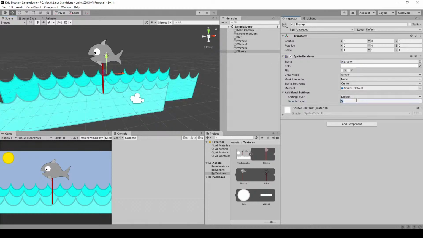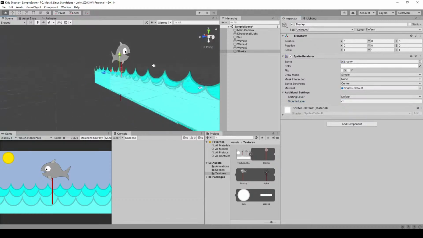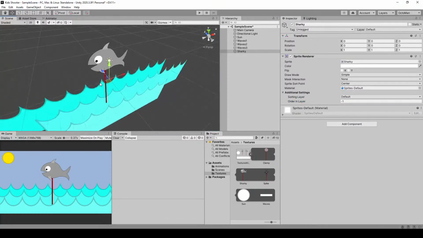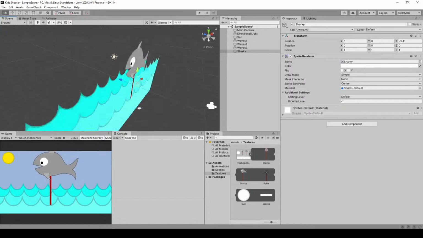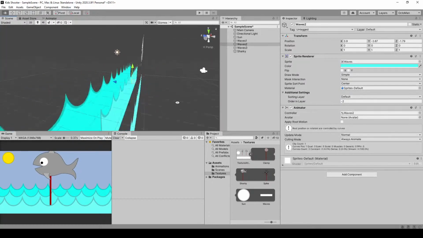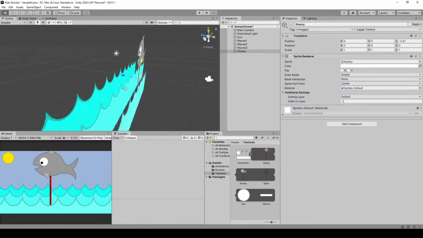So if he is at -1 in the render layer, no matter where I drag him next to the camera, he's rendered after the first wave, or at least at the same layer. If I give him a -2 in the order in layer, he should be rendered